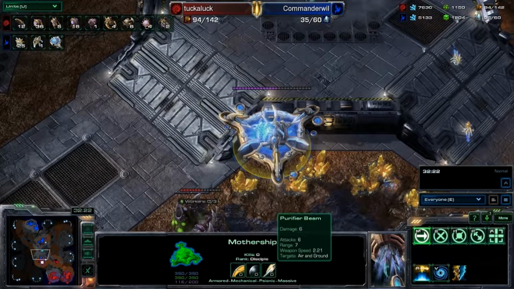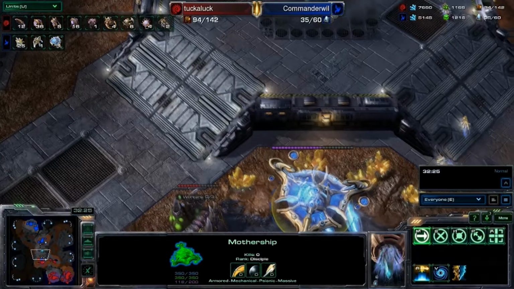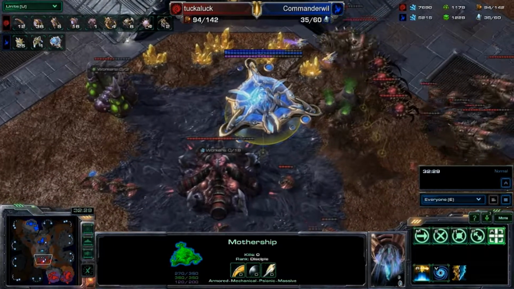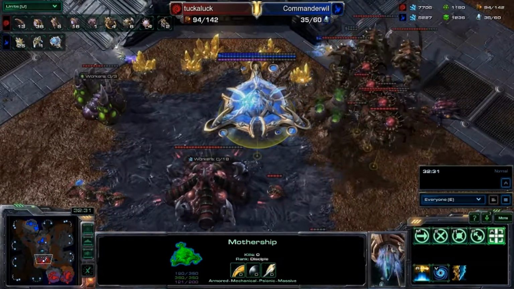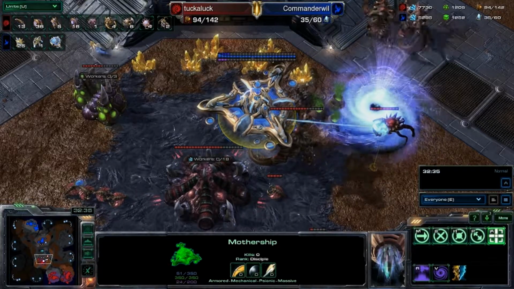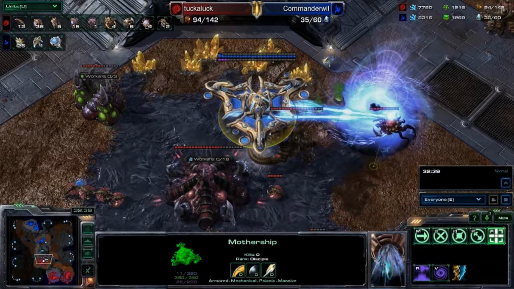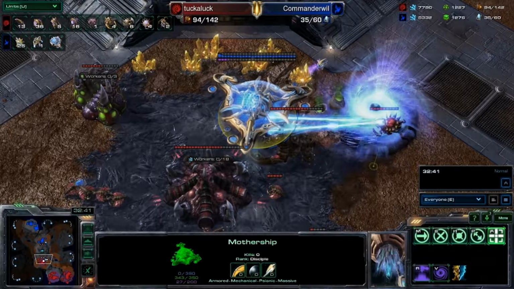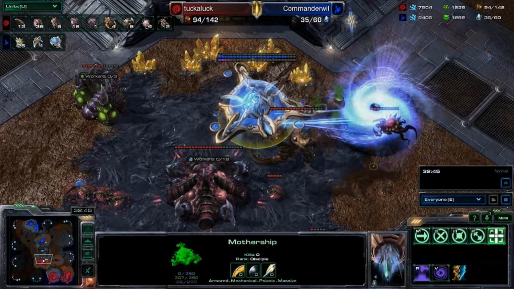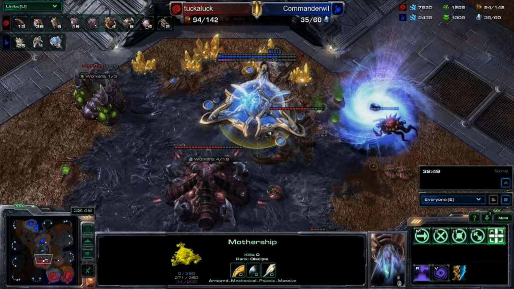How much damage does the mothership do? 6 damage. Motherships do a whole 6 damage. Oh man. Whew. That is interesting. I didn't know how to deal with it at first. Yeah, you're sitting there looking at it like, what the heck is this thing? That's the first time I've ever seen one. Yeah. Are those pretty much like the Ultralisks of...